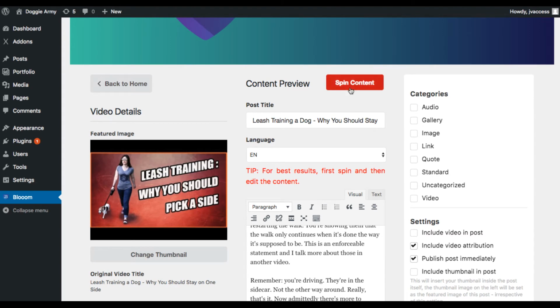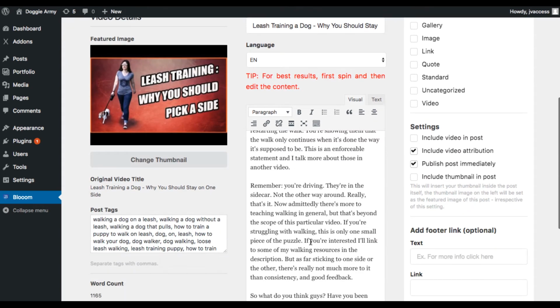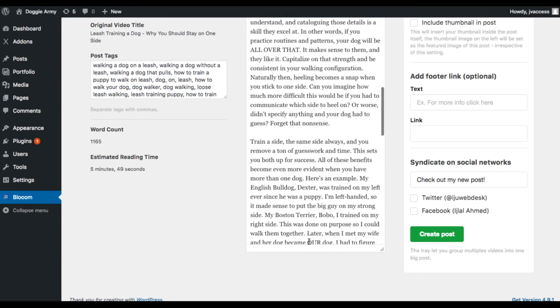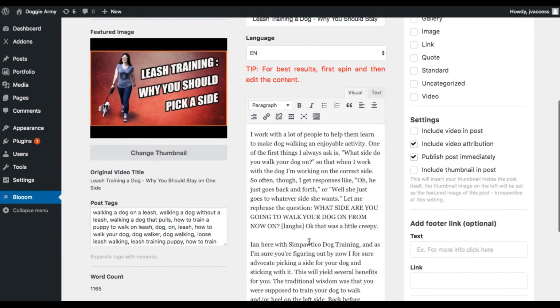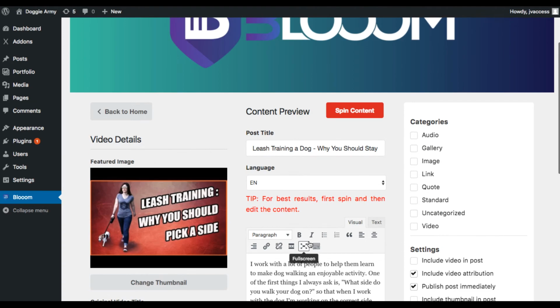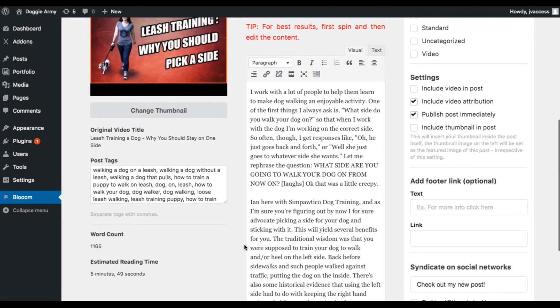Number two, there's a spin option here. You can click spin content, and it's going to spin all this content so that it's unique as well. Now, the thing with spinning content, even some of the best spinners out there, sometimes the content doesn't make sense in some parts. For the most part, the spinner looked pretty good that they have built in here. But again, you want to go through and read everything and make sure everything's coherent, because there's no point in having a great long form article that you're going to rank and get traffic from in Google